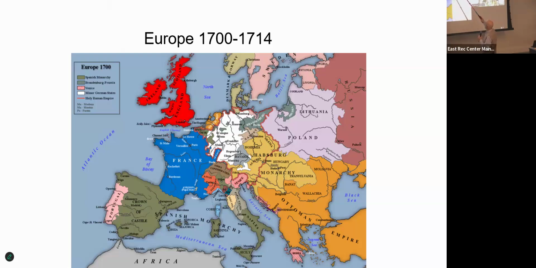See, this is all what we think of as Poland, Lithuania, Latvia, Estonia, Prussia or Germany, Austria, Hungary, Romania. This is where most Jews in the 17th and 18th century were living, most. And there were even Jewish representatives in the, call it the parliament of the Polish-Lithuanian Empire, which there wasn't in any of the rest of Europe.